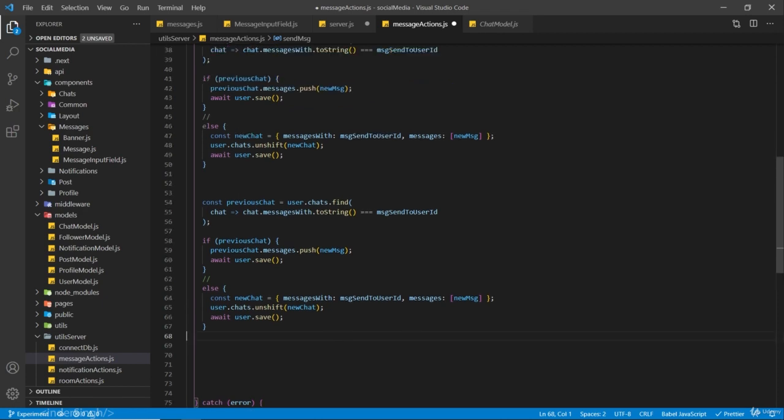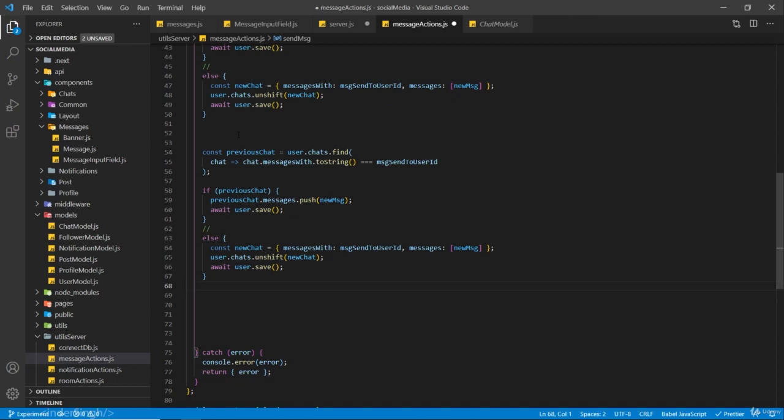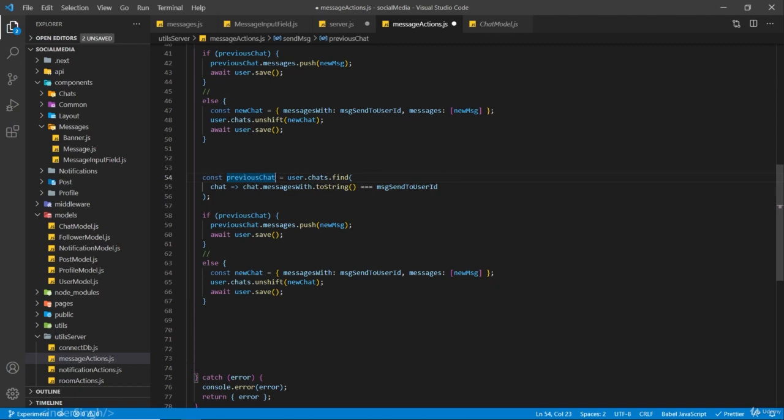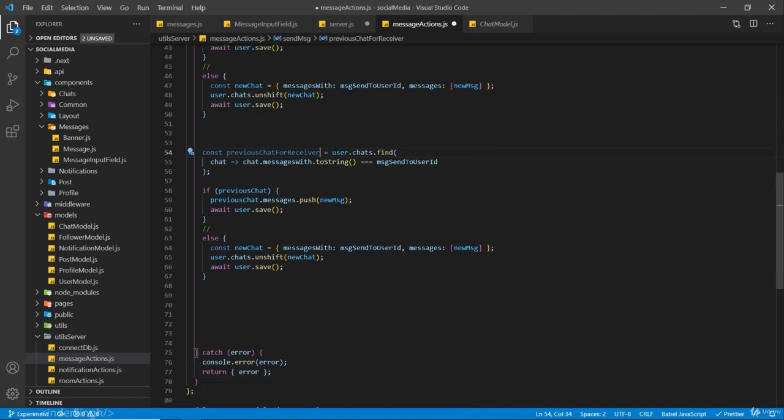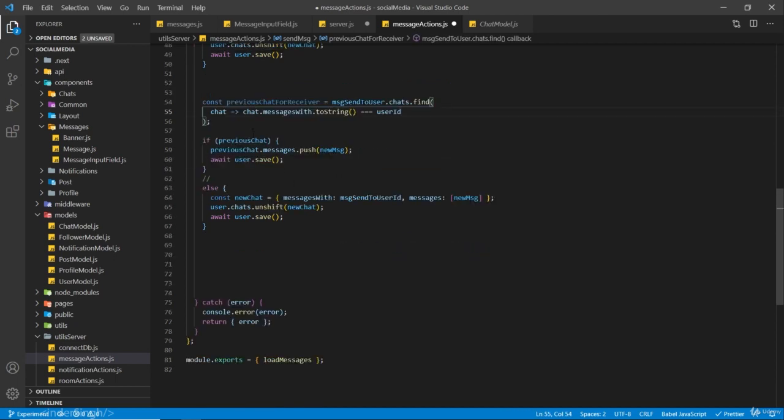But if you create a function, you can just change the values inside the parameters and call that function two times. So now I'm going to rename this to previous chat for receiver. So if the user whom we are sending the message to has a chat with us previously or not. So message sent to user.chats.find, chats.messages with.toString is equal to user ID. So if previous chat for receiver